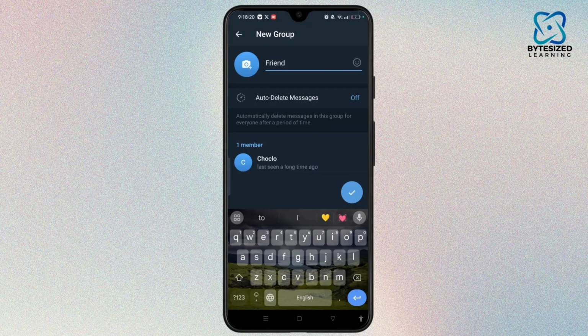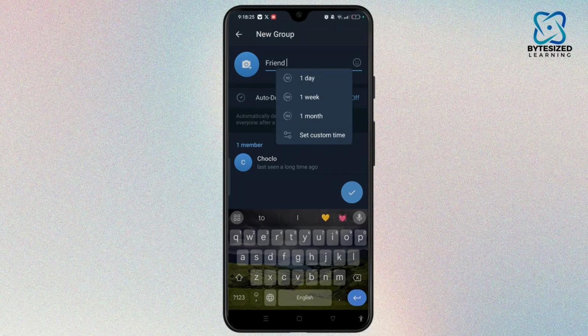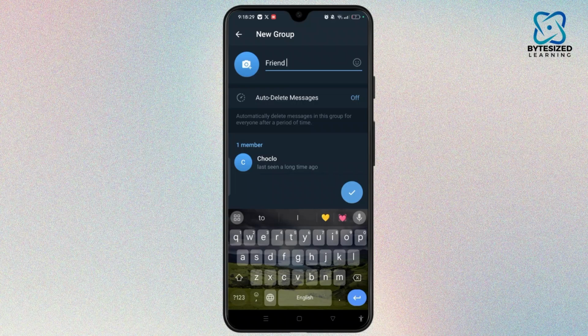If you want to turn on auto delete messages, you need to tap on auto delete messages and you can select the time duration here. Let's make it off for now. You can also add the picture of new group. After that, tap on tick mark